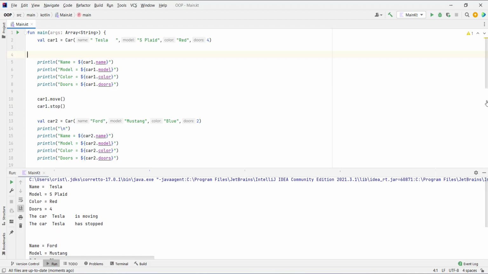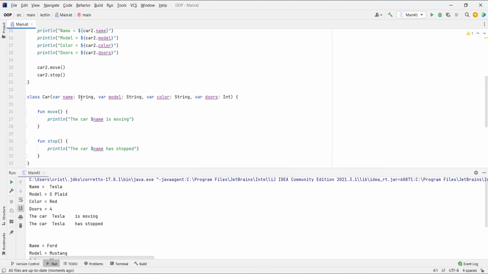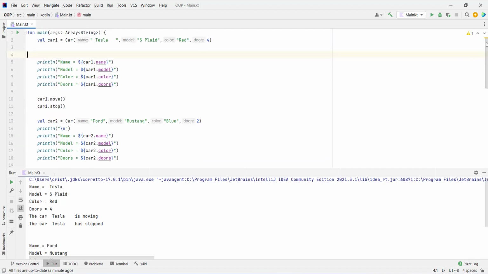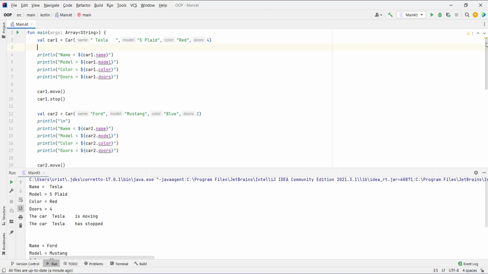Now, because the value that is passed as an argument here to the object car1 is passed directly to the property, it's stored in the property and we don't do anything with it. We also have the space, and if you want to delete that space, currently we can't do that because the value is passed directly to the property and there is nothing that we can do from that point.